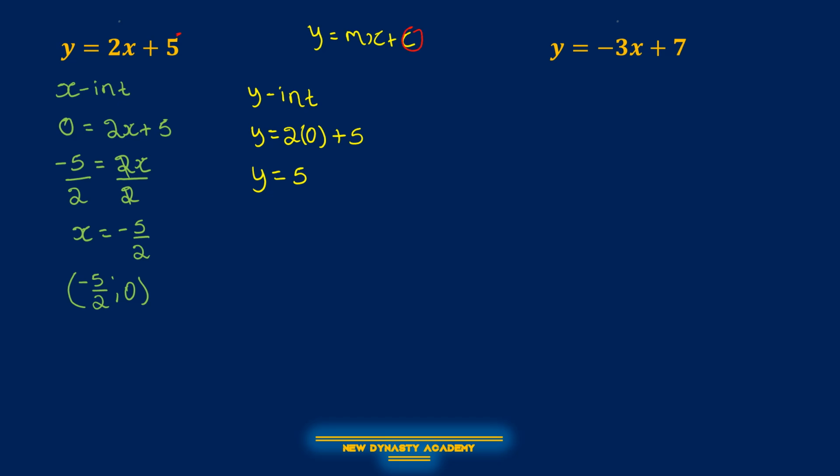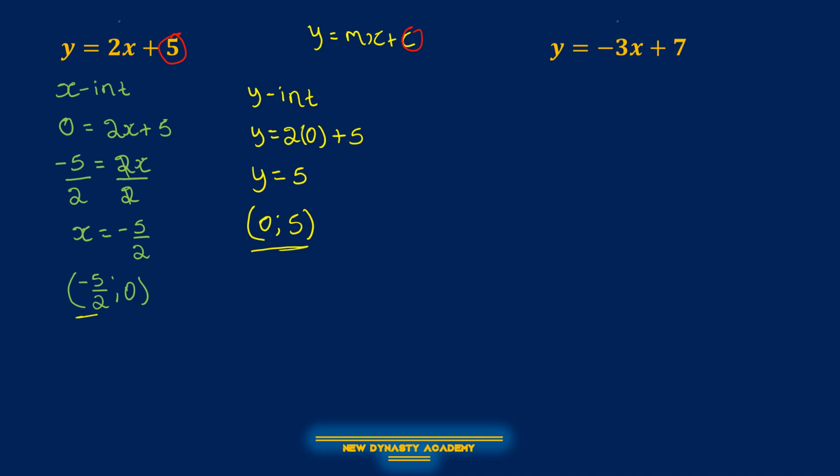Which in this case is the constant here, which is 5. So our c is 5, and c is the y-intercept. So y here is equal to 5, which means that is the y-intercept, and we're going to write this in coordinate form in parentheses, and you always start with the x value. Remember, we got y by letting x be equal to 0, so you're going to have (0, 5) as your coordinate pair. So this is going to be the value where the graph cuts the y-axis,